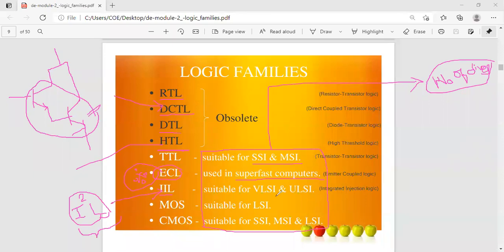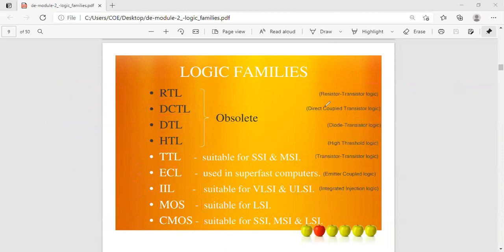Under which concept? That is VLSI, ULSI. Very large scale integration, ultra large scale integration. Okay, and then MOS, CMOS logics, these are all used up to the level of SSI, MSI, LSI, small scale, medium scale, large scale integration. So it is a very important thing, you should keep it in your mind for your competitive examination. Okay,